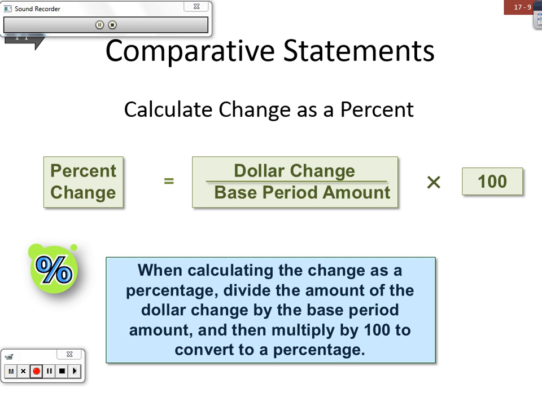Now, you're also wanting to look at the percent change. That's going to take you using your dollar change that you calculated before and dividing that by the base period amount or the previous period amount. And then multiplying that by 100. That's going to give you your percent change. So dollar change divided by base period amount multiplied by 100 is going to give you your percent change on a horizontal analysis